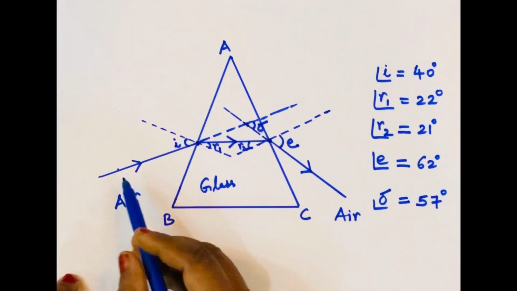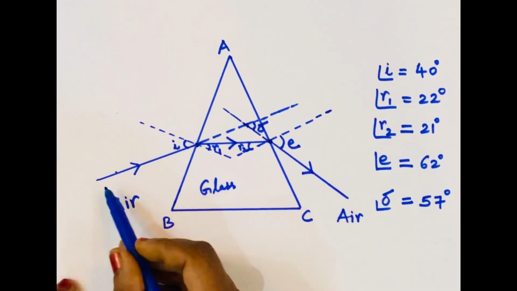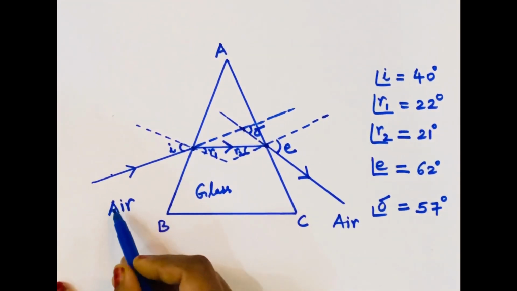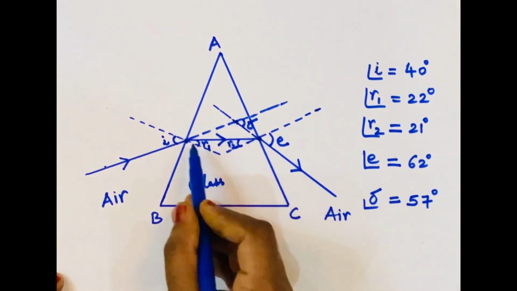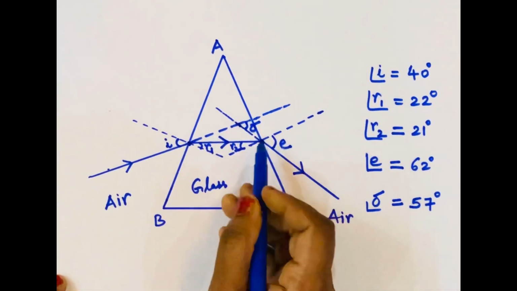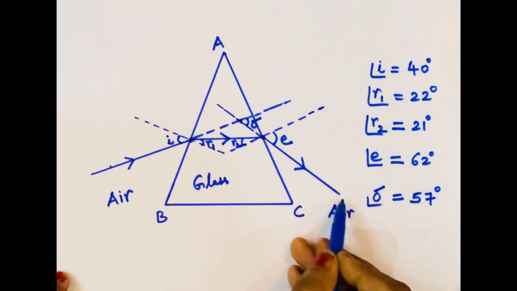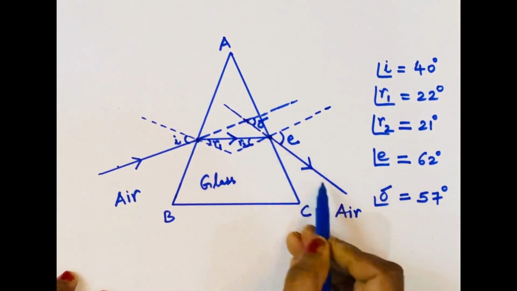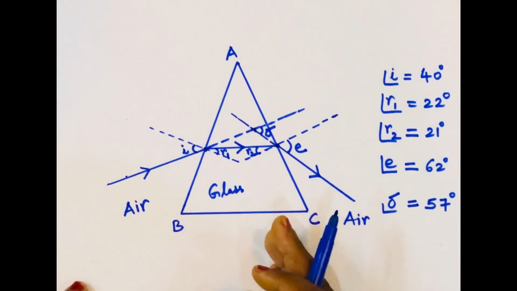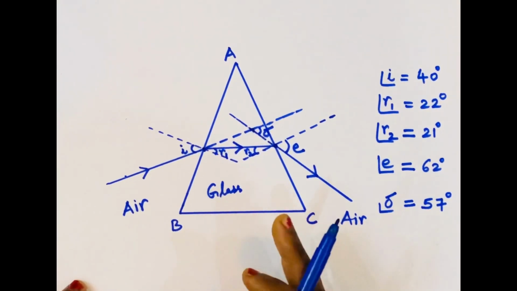As we can see here, the incident ray travels from the optical medium air into the glass. So as the incident ray moves from air into the glass, it is getting refracted and then it is emerging out from glass into the air. So here we can see the deviation of the ray of light very clearly. So this is how the refraction of light takes place in a glass prism. So I hope you have clearly understood the refraction of light through the glass prism.